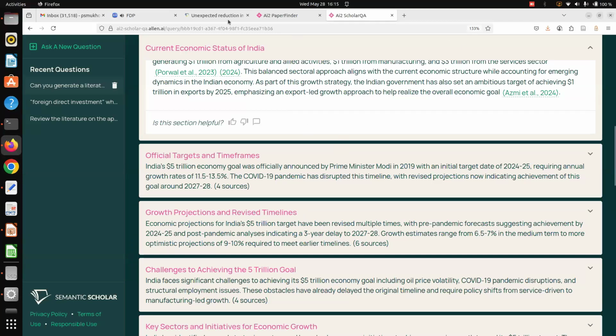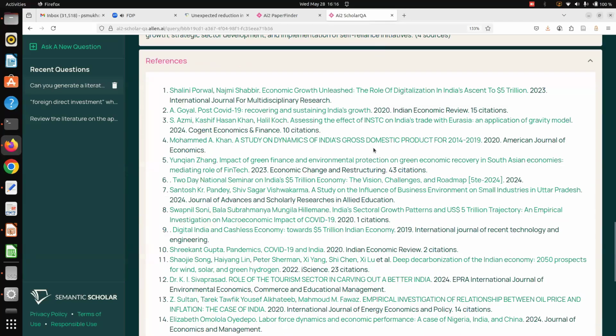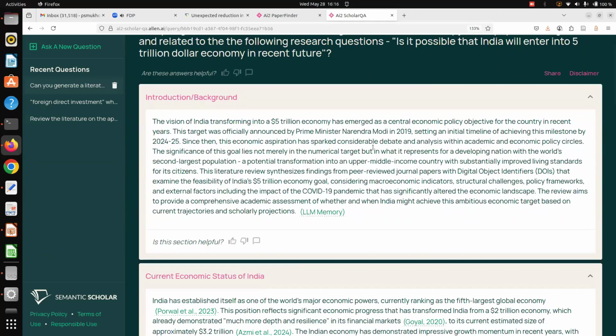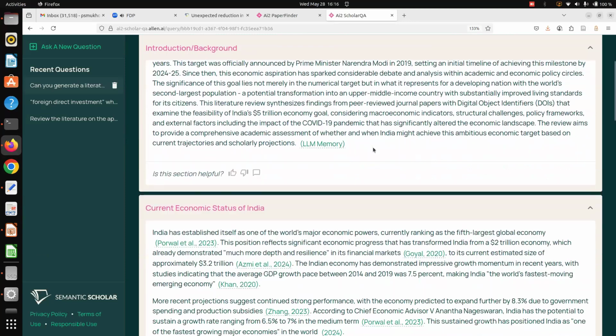Okay, so these are the three generations of tools, and I can show you different other tools also. Elicit is there, Perplexity is there. I have gone through dozens of such LLM based tools, but these two stand out in comparison with the others. My next favorite tool is Elicit, but Elicit provides you a literature review only for the top 4 or 5 papers. And here you see it actually identified 470 papers. Out of them, with the condition we gave, that all must have a DOI and be highly relevant, it settled down with 25.